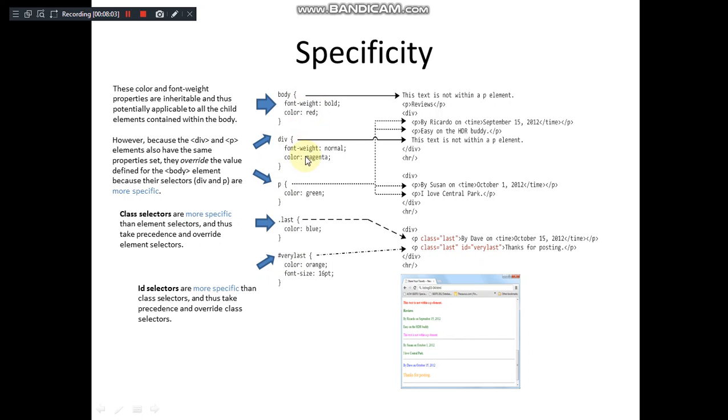And again I am specifying the division should be with normal font weight and the color should be magenta, right? And again the inner part of a division is a paragraph. Within a division we have a paragraph here, right? So for this we are saying the color should be green, and for a particular class last we are saying the color should be blue. And this is the ID selector, which is applied to one particular element having the ID as very last, right? So this very last ID is used. Remember, how do I say this is an ID selector? Whenever the name begins with the hash, it is always indicating ID in case of HTML, right?